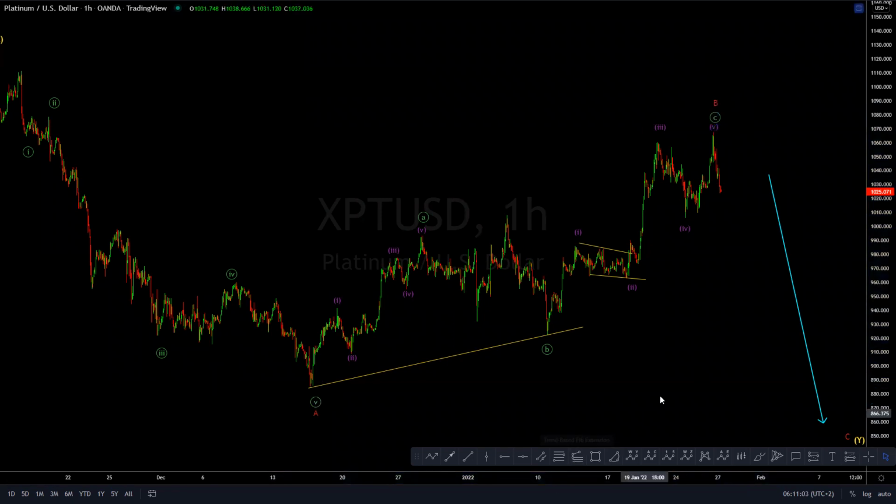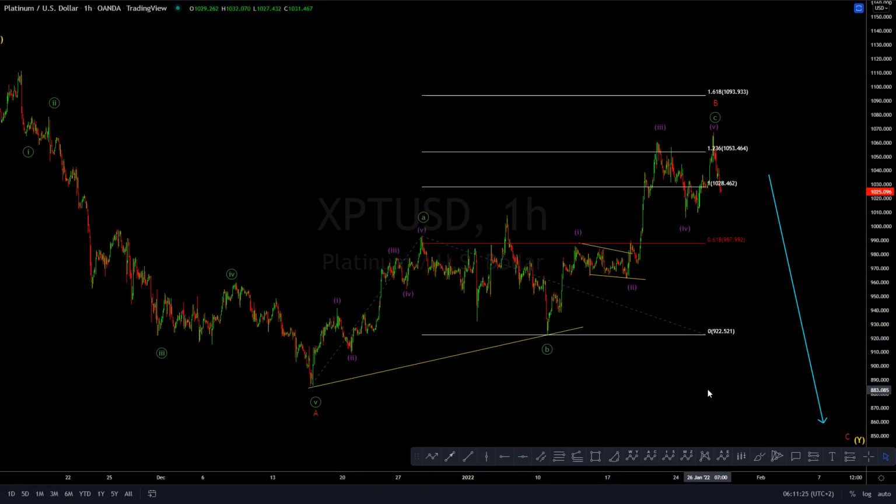So we may have our 4. One can make an argument and say we have our 4 done there. Since we have what appears to be an impulse, all we need to do is to wait for a pullback or a bounce before we could consider selling this instrument, right? Or expect more downside on this instrument. And that argument can be valid, especially because